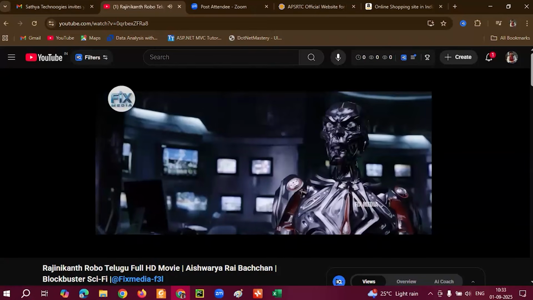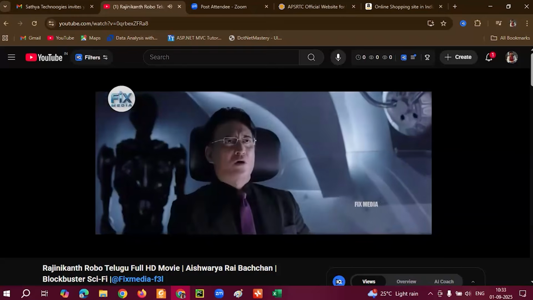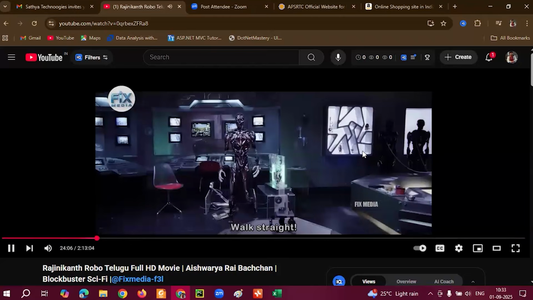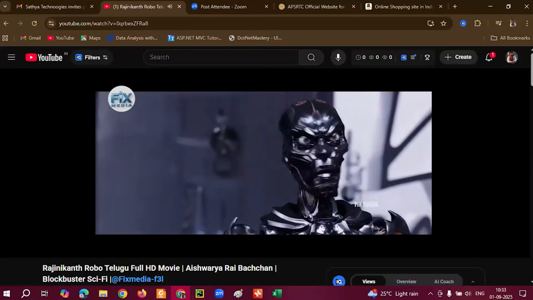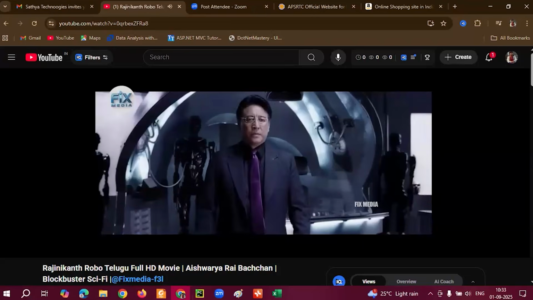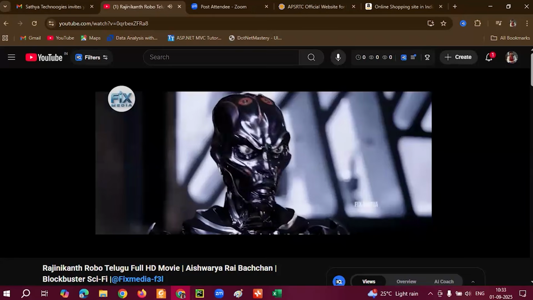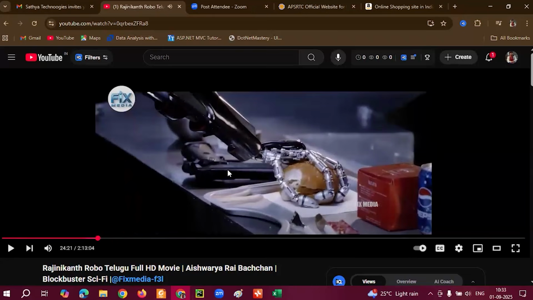Here, the villain robo, only villain robo. The face is also cut like that, villain. And he gave the instruction: walk. Observe, it goes back. He said straight, it went some other place. The robot took the training, but not proper training. Now he said, pick a gun. What does it pick? A bun, right? He gave the instruction to pick a gun, but it picked a bun. Gun, bun. The words are almost similar.